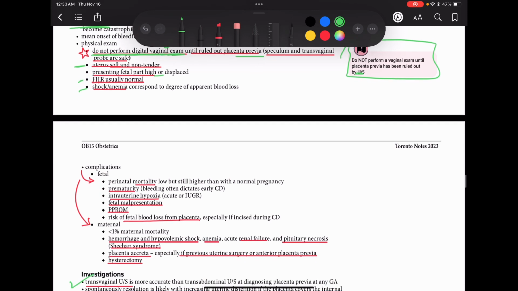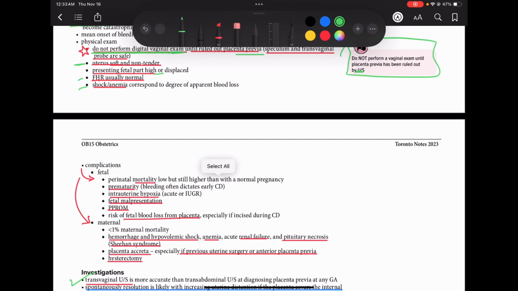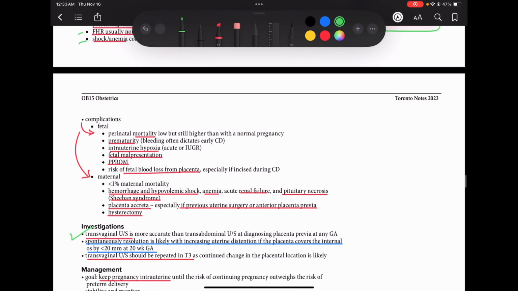Shock or anemia would be there because there's apparent blood loss. And in complications, there would be fetal mortality, prematurity, intrauterine hypoxia, which would lead to growth restriction, fetal malpresentation, premature rupture of membrane, fetal blood loss from placenta. And in maternal, the hemorrhage, there might be less than 1% chances of maternal mortality, hemorrhage, shock, anemia, renal failure,